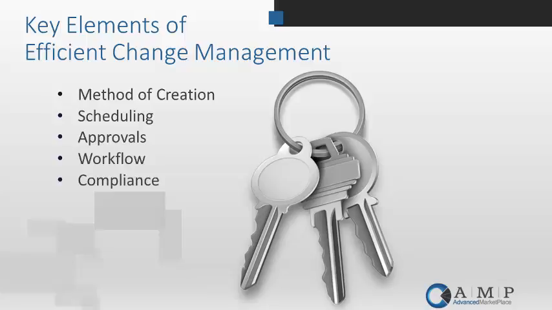They had previously tried many times to do it. They'd end up with CAB meetings that lasted an hour, hour and a half long, and that really wasn't realistic on a daily basis or on a weekly basis for which they were having it. After we defined all of their processes for change management, they basically had a 30-minute meeting once a week, and they felt it was very beneficial. And it's still going on today, about 5 years since we did their actual change management process. So you need to be able to define that.